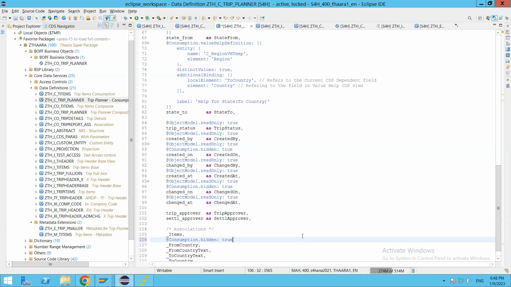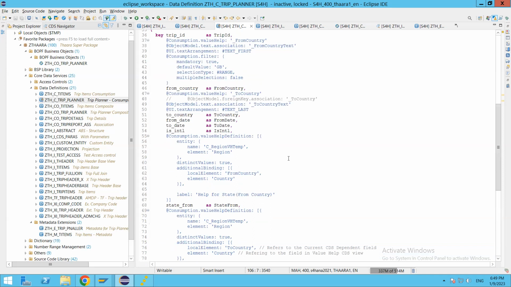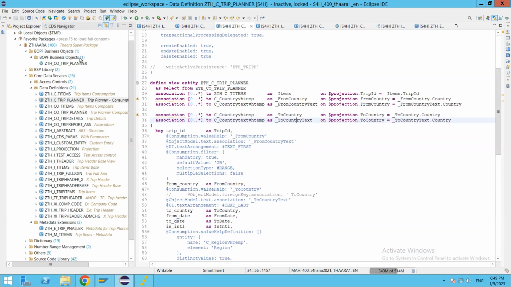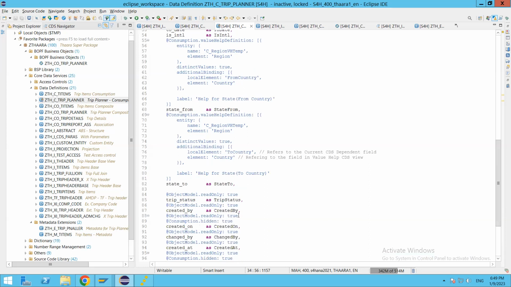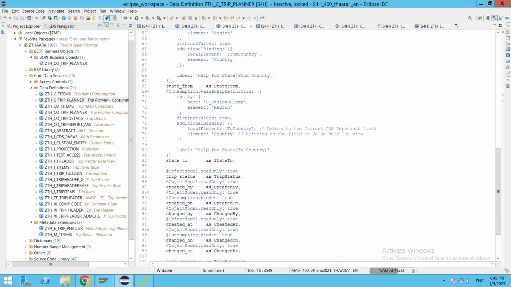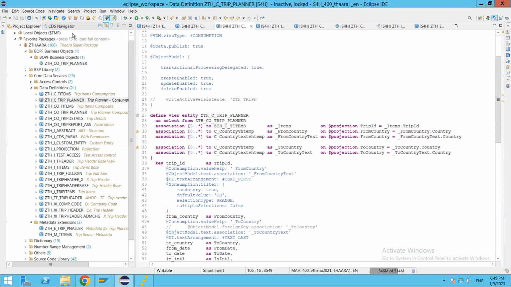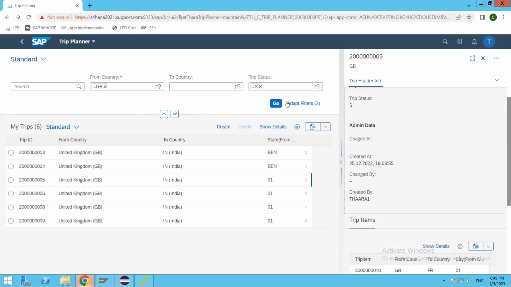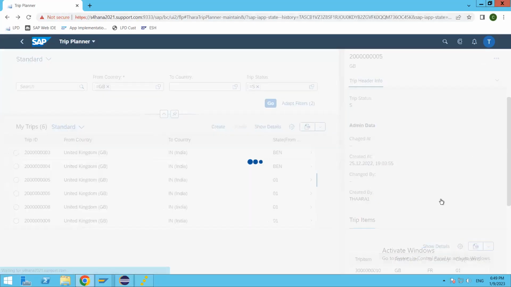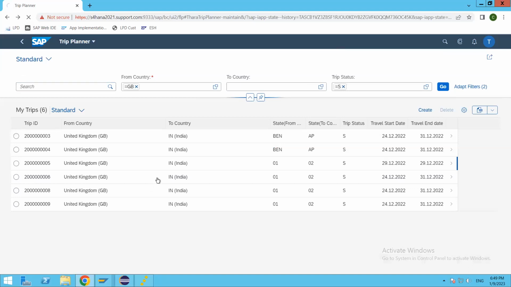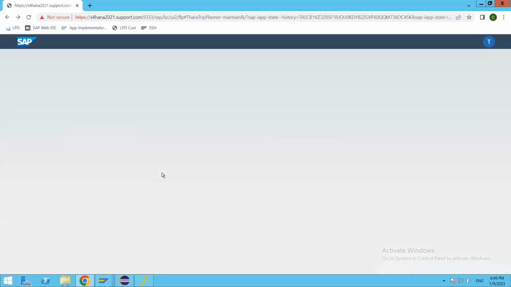Okay. So usually, if you don't want this association to be part of the OData service, then obviously you will be removing the association from here itself. That's another option, but it can be applied onto the associations, navigation properties as well. So let me activate this one. And if I go to the application here, and if I just refresh this one,